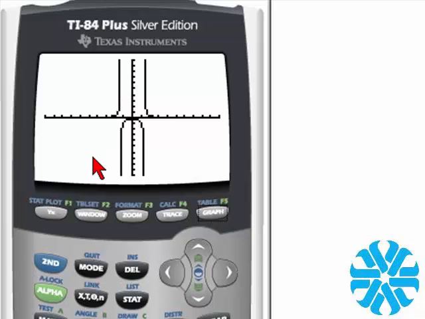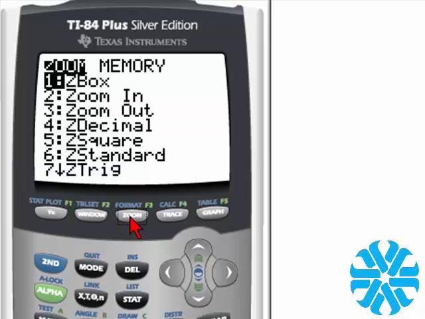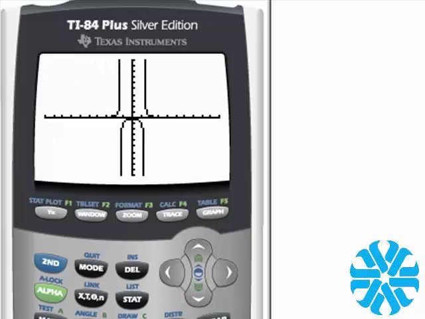Alright, so first I'd like to zoom in on just the lower half of the function. So let's go ahead and hit the zoom, and then remember Z-box, so hit enter. Now you can barely see it, but right there you see a little flashing dot, and that's where the cursor is. So I'm going to move it up a little bit, and then move it to the left,